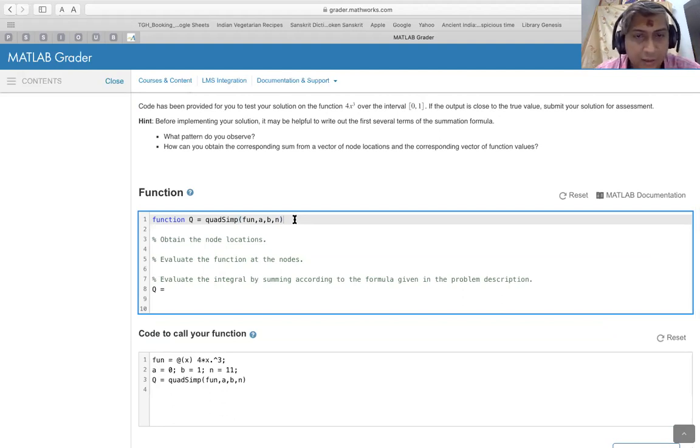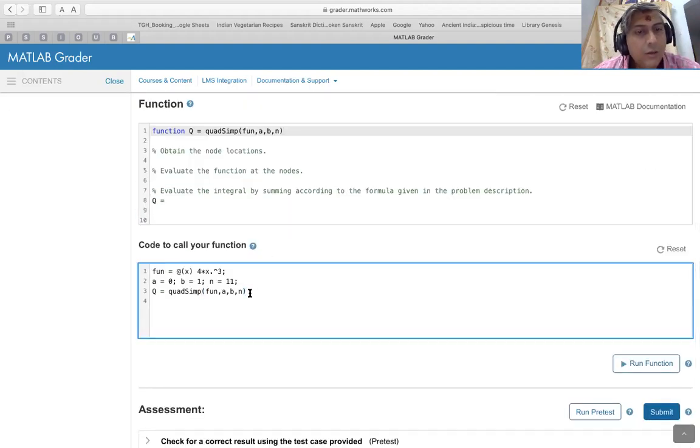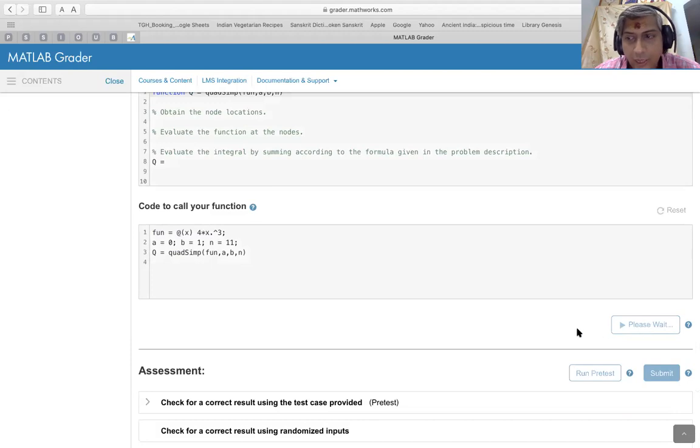As well as the syntax, that is the input arguments and the output arguments. So the user will run this test code and see if everything is working out fine. And that is what the user is going to do. He or she is going to run the function here. So I can click on run function and see what happens.